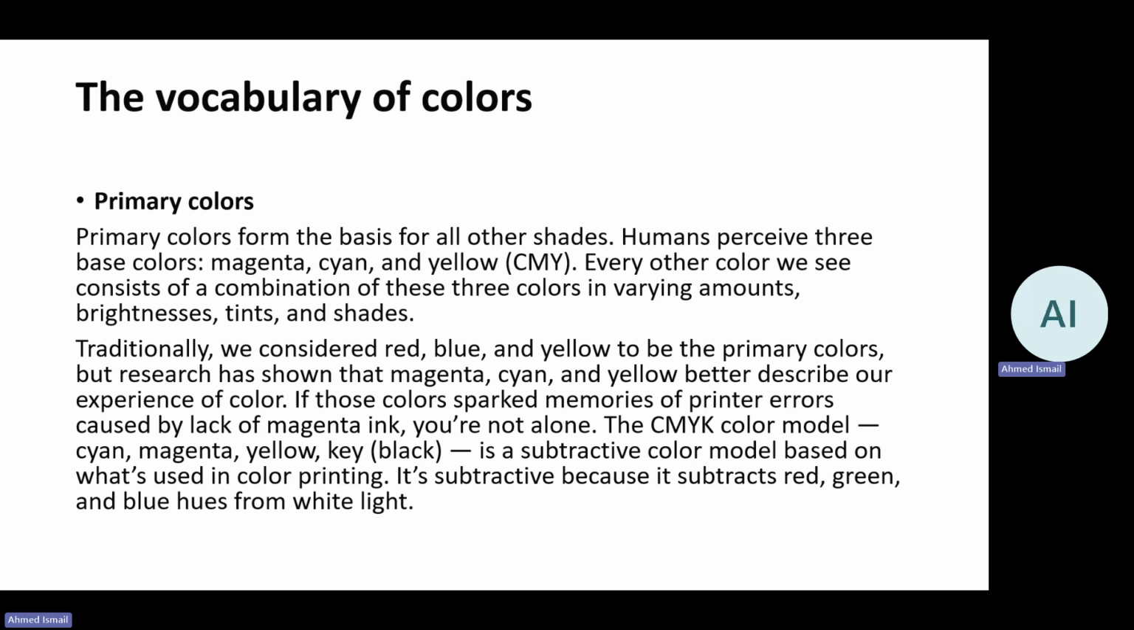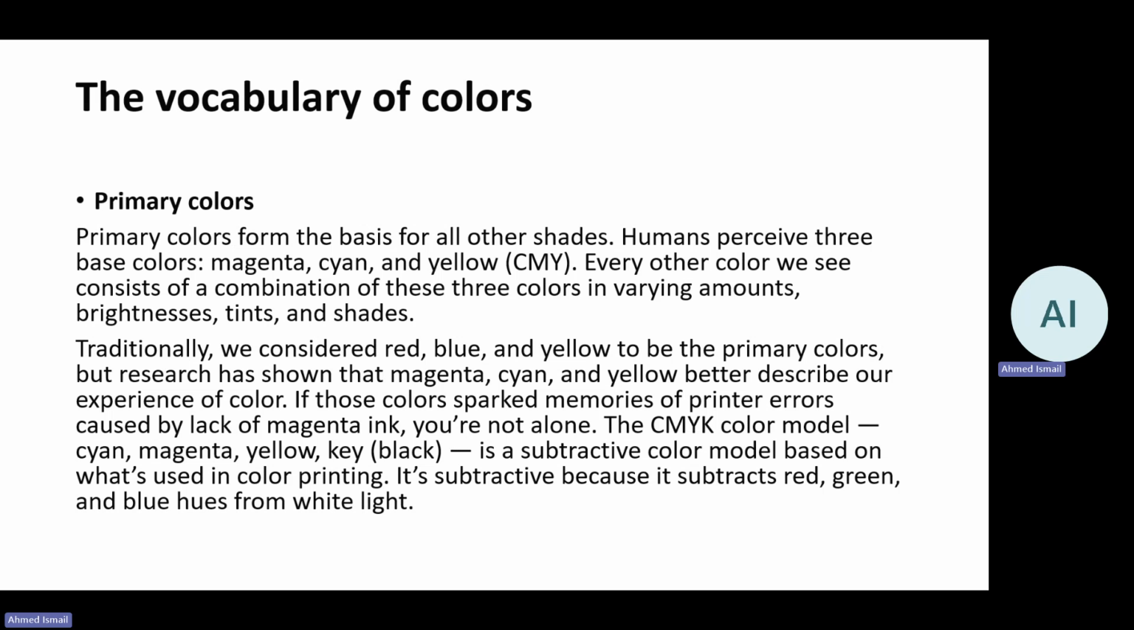So these three colors are considered the primary colors, the main colors. Why are they called like that? Because you cannot make them from other colors. On the contrary, you can make other colors out of them. So every other color we see consists of a combination of these three main colors, but in varying amounts and brightnesses, tints, and shades. We'll come later to the brightness, tints, and shades, but it's very important to know that